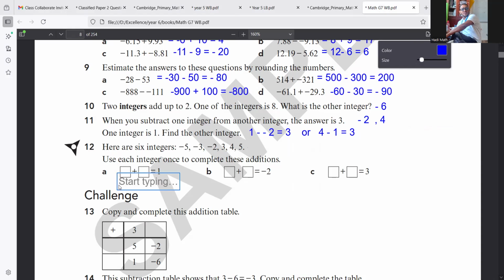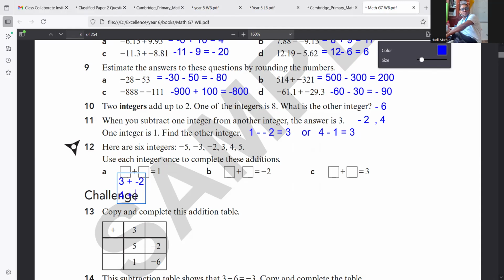One possible answer is -5 plus 4, or 3 plus -2. 3 plus -2 gives you 1, and 4